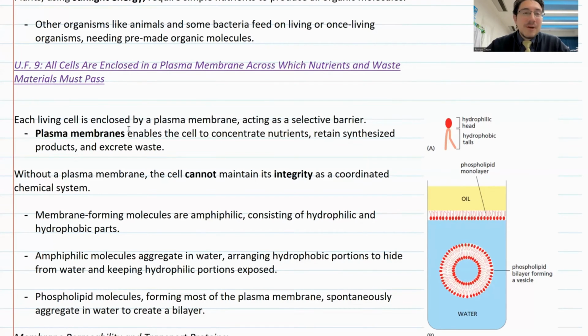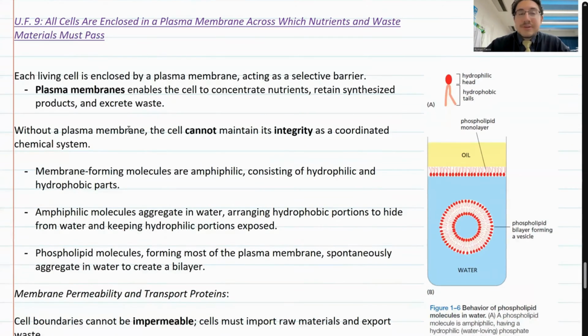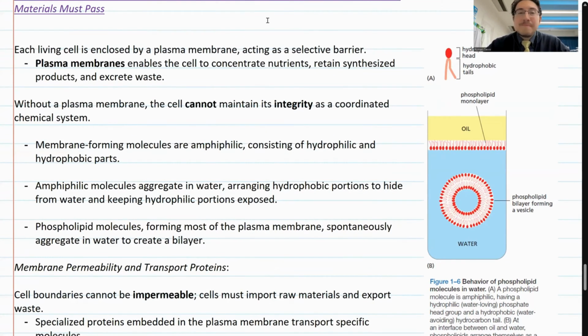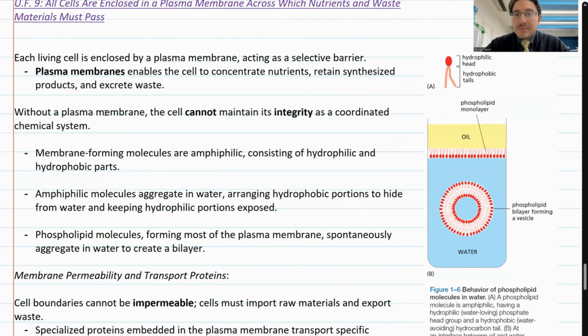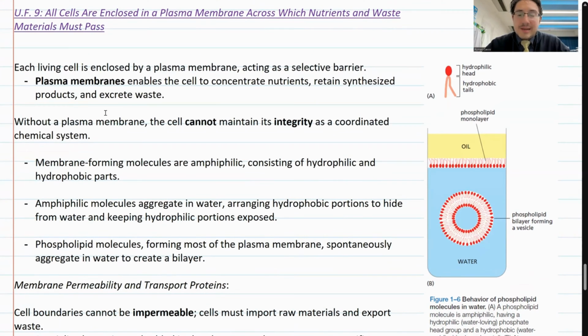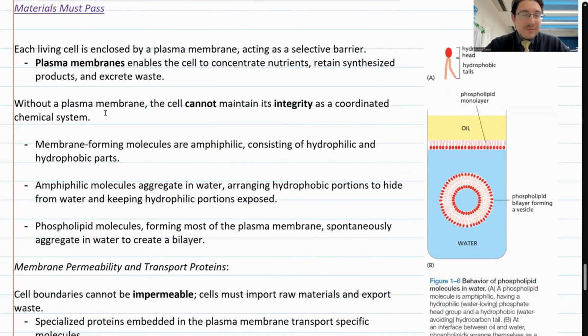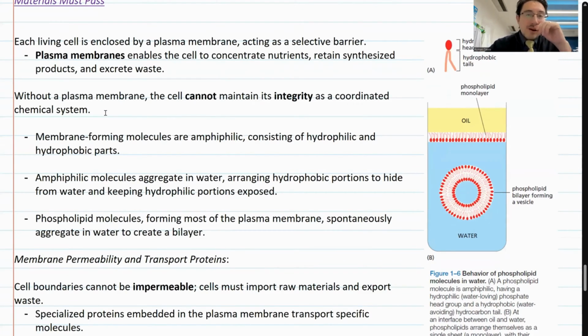All right. So, universal feature number 9: all cells are enclosed in a plasma membrane, across which nutrients and waste materials must pass. The cell membrane is one of the most fascinating things I've ever seen studied in biology, and its ability to be very selective in choosing what comes in and out